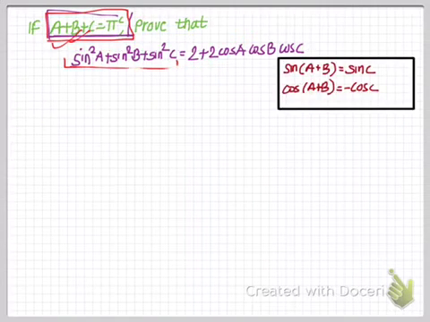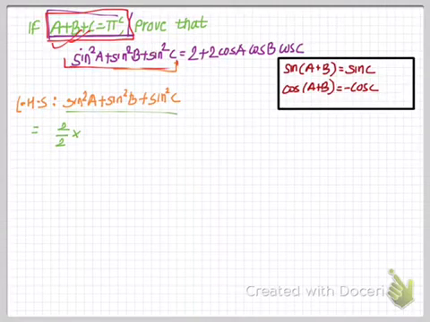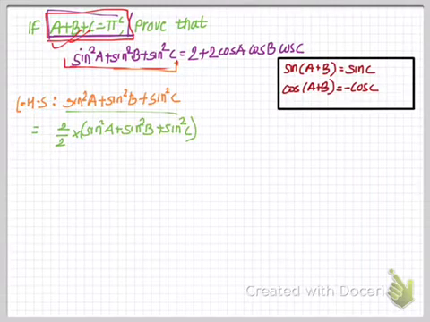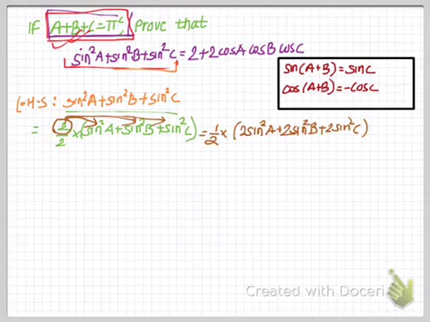Now let me start by taking the left hand side. So here is our left hand side, sin squared A plus sin squared B plus sin squared C. Now I'm going to multiply this expression by 2 divided by 2, and this doesn't make any change to our equation. Now I'm going to distribute the 2 in the numerator to the expression inside the parentheses. So on multiplication I have 1 by 2 times (2 sine squared A plus 2 sine squared B plus 2